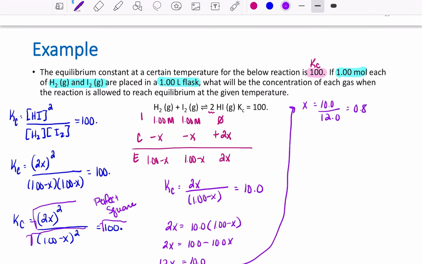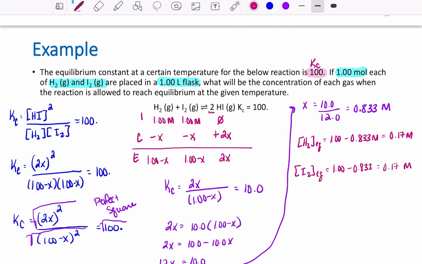This gives me 0.833. That is a molar value. And I want to know the equilibrium concentrations of each species. So at equilibrium, H2 is equal to 1.00 minus 0.833 molar, 0.17 molar. At equilibrium, I2, 1.00 minus 0.833, also 0.17 molar, and HI